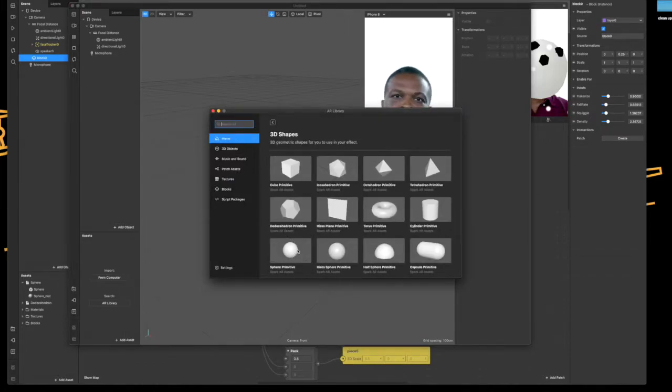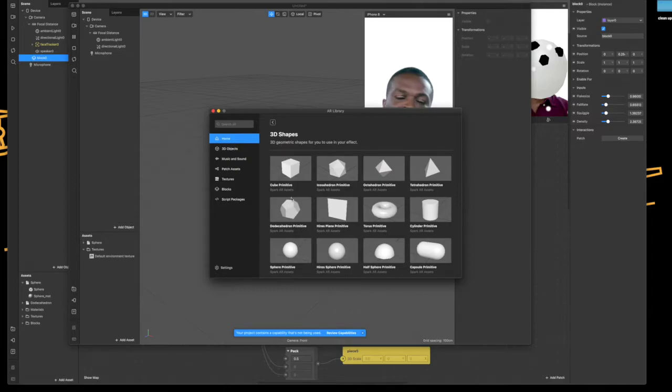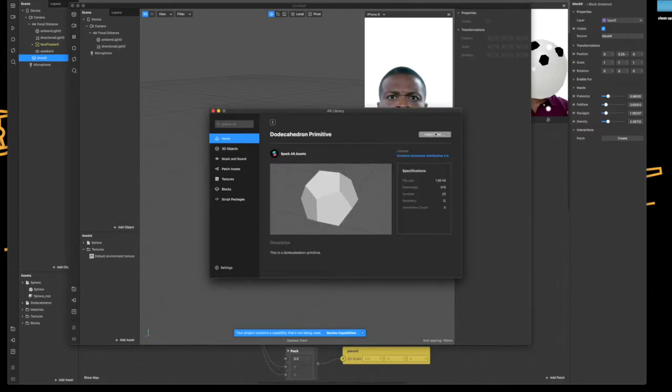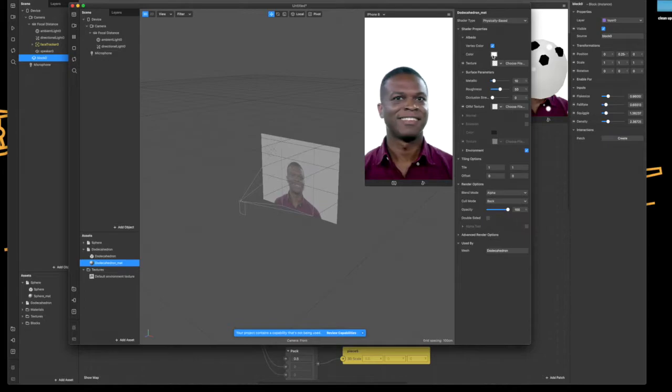Right, I want a sphere. I'll add a basic primitive. I'm going to add it to my untitled because it currently is untitled. I haven't saved it. And then I'm going to tap back. And I'm going to select a dodecahedron primitive because that will be my lump of coal. Add it to my scene. Okay, so I'm going to close that. I'm going to open up the dodecahedron and select the matte, and I'm going to change it to black